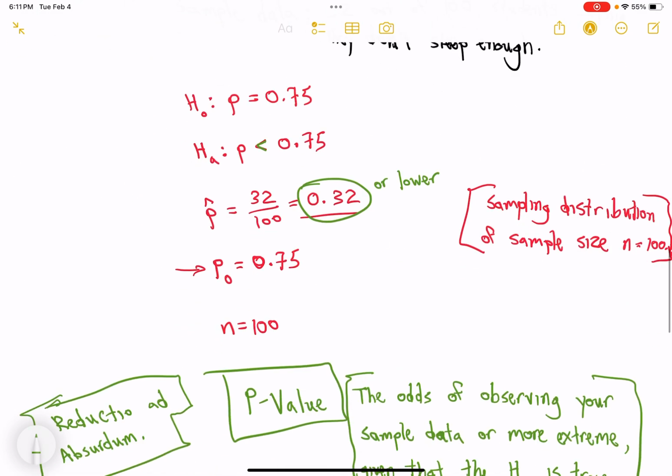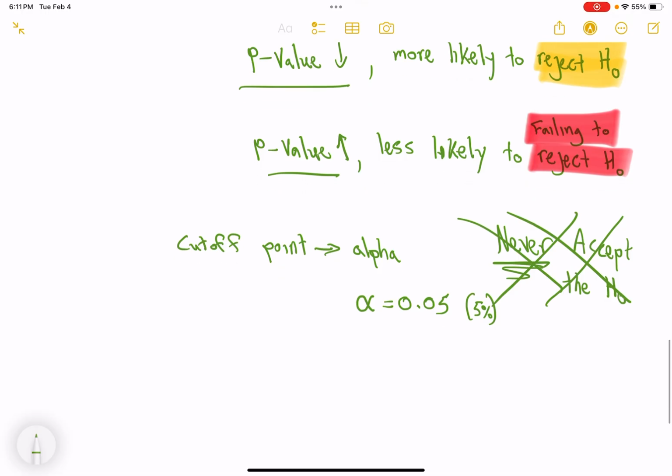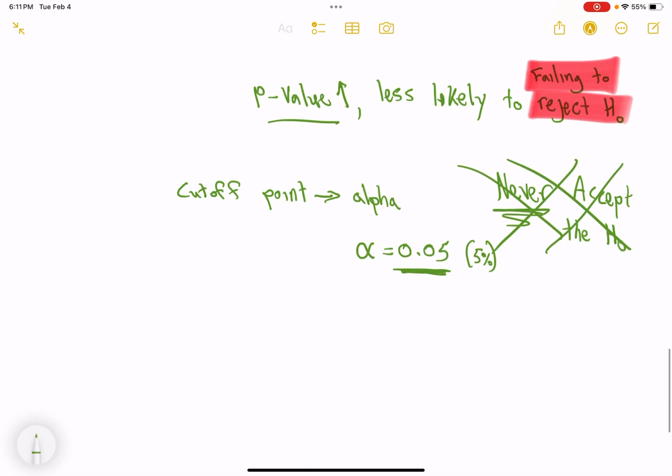So in significance tests, unlike confidence intervals where we're looking for the 95% confidence, we're actually looking for the 5% unlikelihood. So the alpha is like the cutoff. It's the gate. If your p-value is less than the alpha,